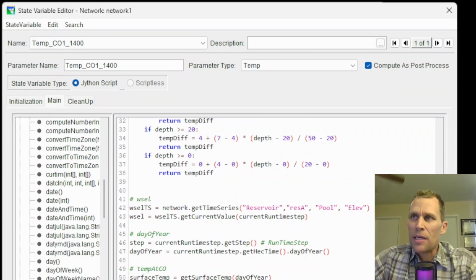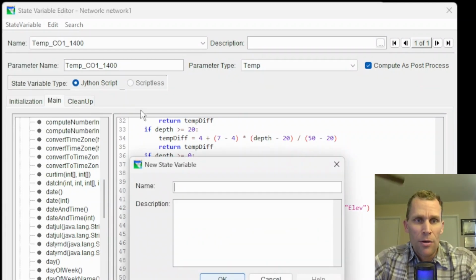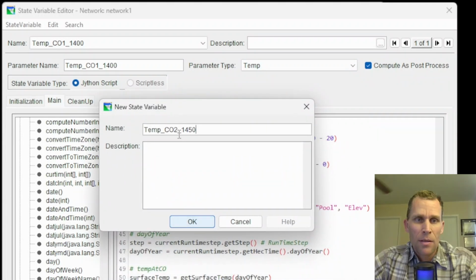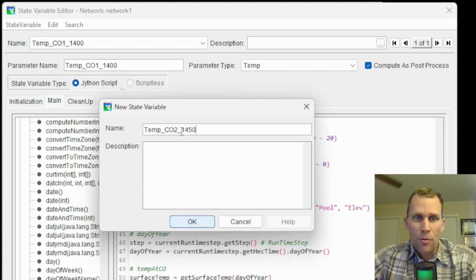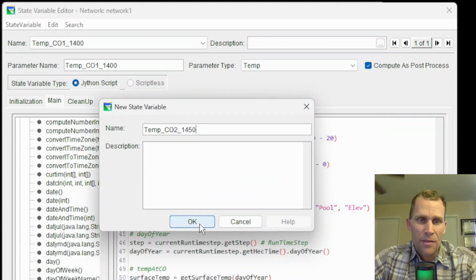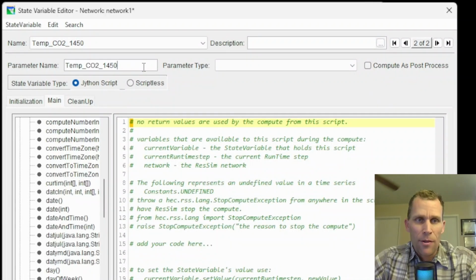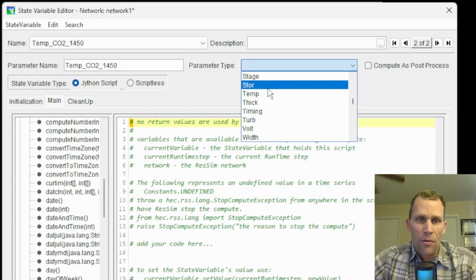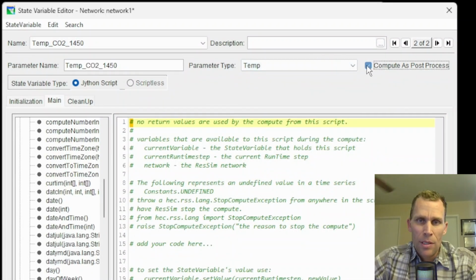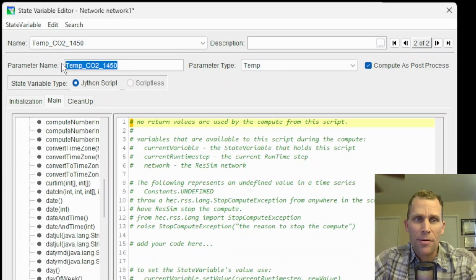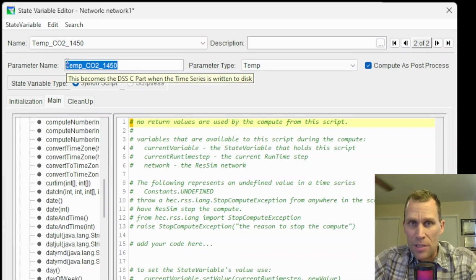And then I'm going to create a second state variable, which is going to be pretty much the same thing as we're seeing here, but it's going to be for our controlled outlet 2. So state variable new. This time I'm going to name it controlled outlet 2 underscore 1450. Okay. I'll use that for the parameter name, and then also a temperature and also compute as post process. This parameter name here is what will show up in part C of the DSS path